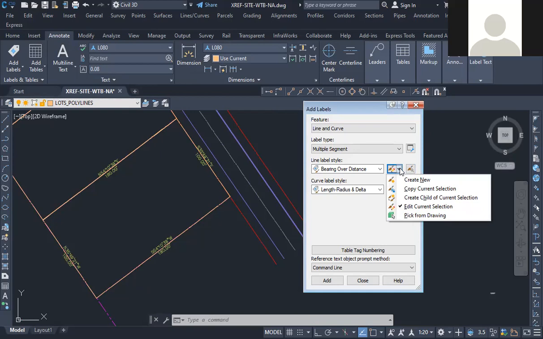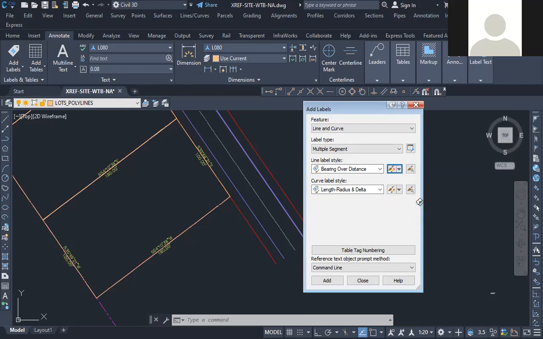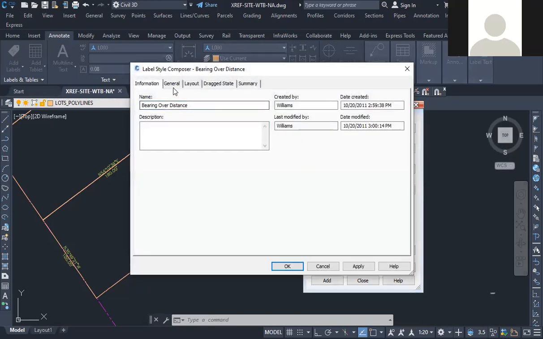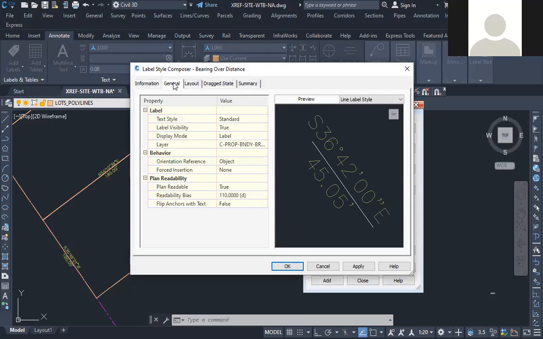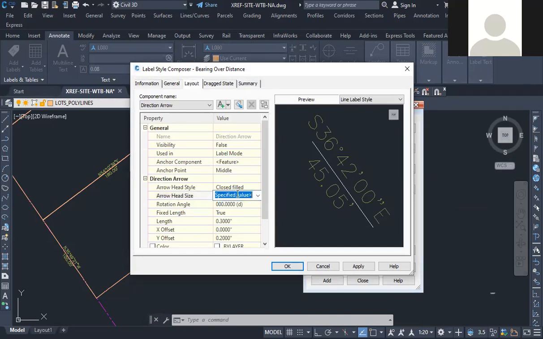I can edit the current selection. If I edit that, right? It's showing me what it's doing, okay? It's putting the bearing over the line. It's also telling me how tall the text is, right? Under here,